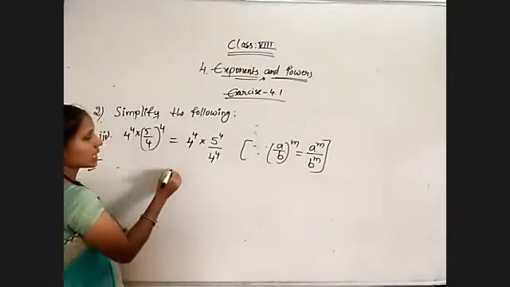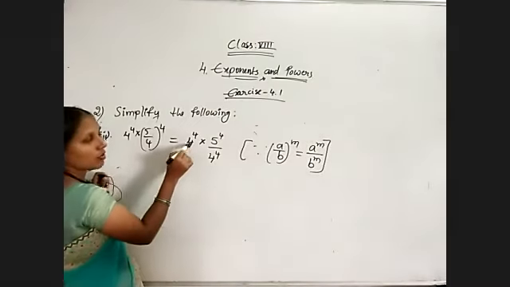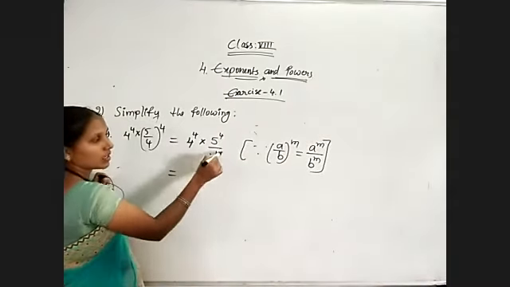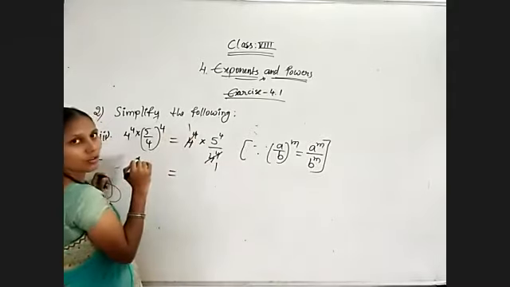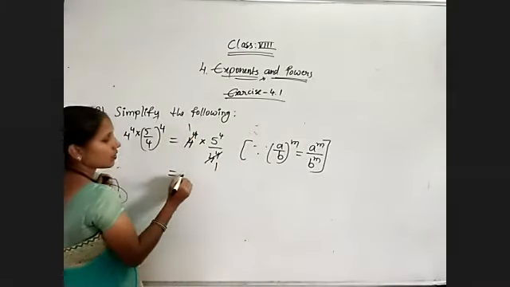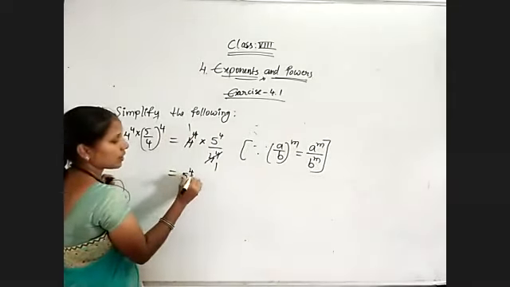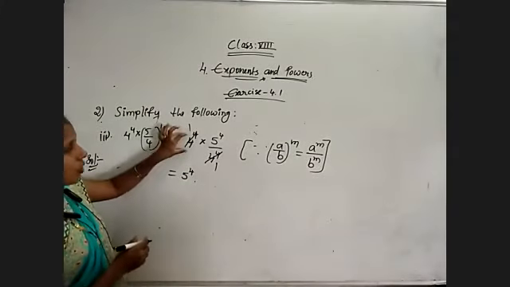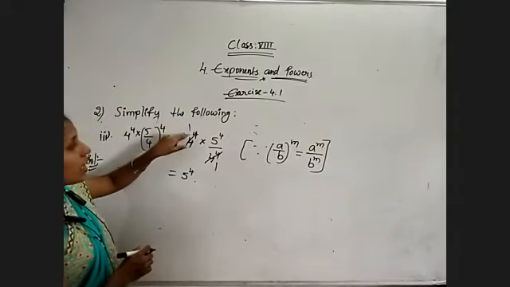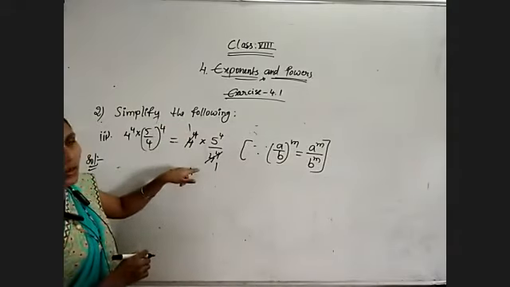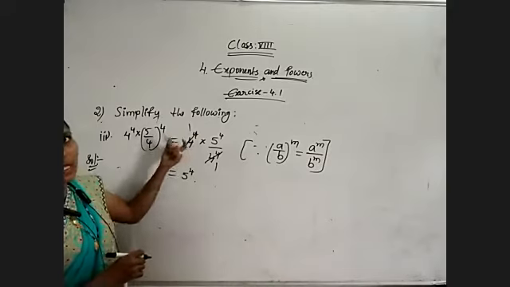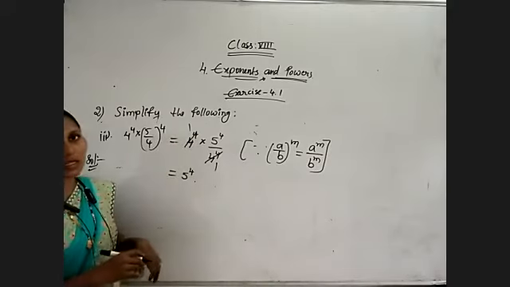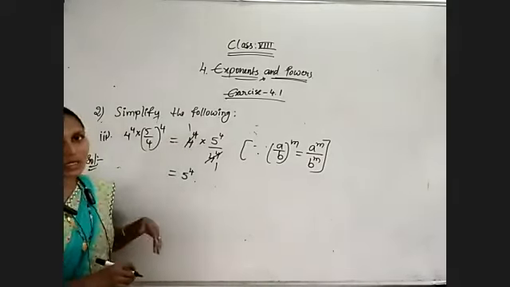Simply. Now observe, we have 4^4 in the numerator and denominator. Both will get cancelled. So 1 × 5^4, that is nothing but 5^4 remaining. If you have any doubts, 4 is the same base, and for division we use a^(m-n). 4 minus 4 is 4^0, and 4^0 is nothing but 1 only. I hope you understood this. Okay.